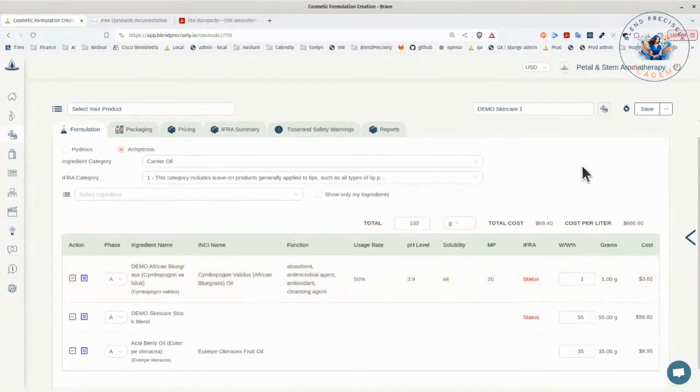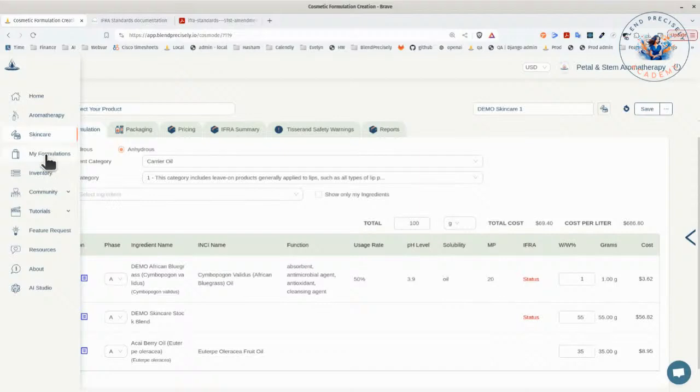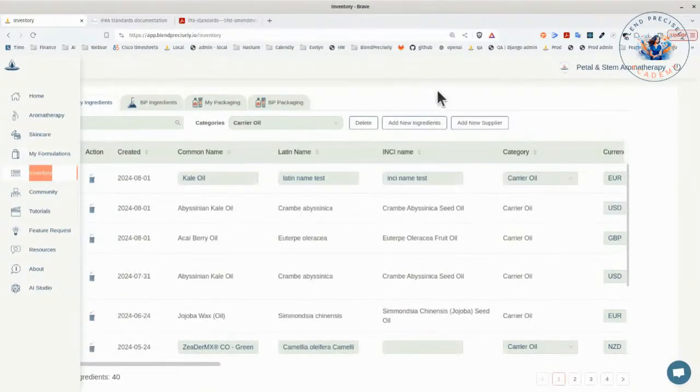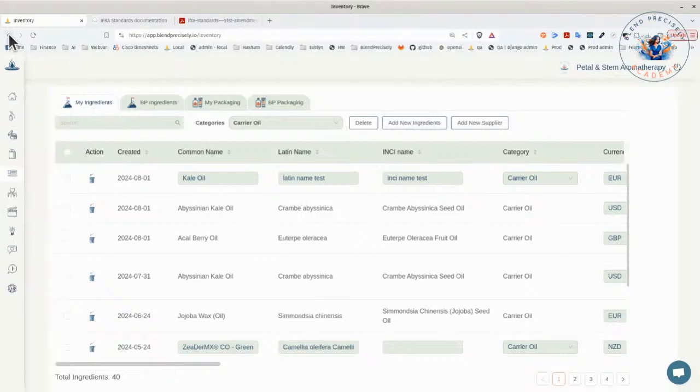Can you just take this one ingredient, Seth, and show where the information is coming from now? Because you entered those CAS numbers, right? Just, which one is it? Okay, yeah, if you could just show that. So you go over to inventory. You can either do it by clicking on inventory, or